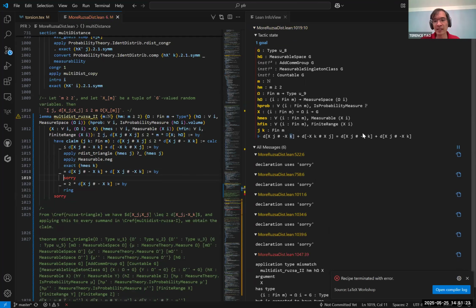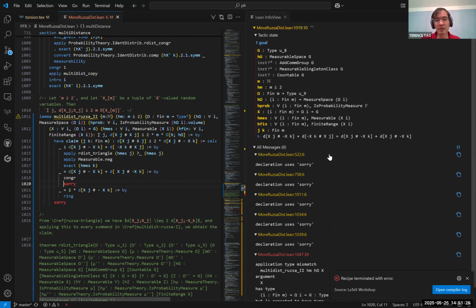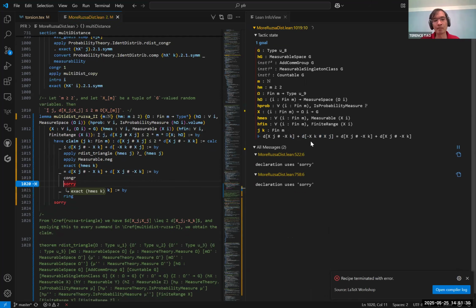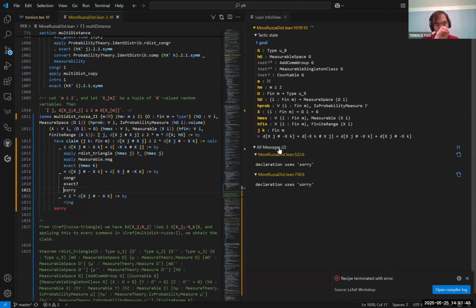Now, the next claim that I set up is we need to show that this is equal to this. I can cancel off the first term. It's not relevant. So that should, and this should just be the symmetry. If I'm lucky, Lean might be able to guess it from, no, okay, so it probably has a bit of trouble because it needs some measurability hypotheses, which we don't have yet.